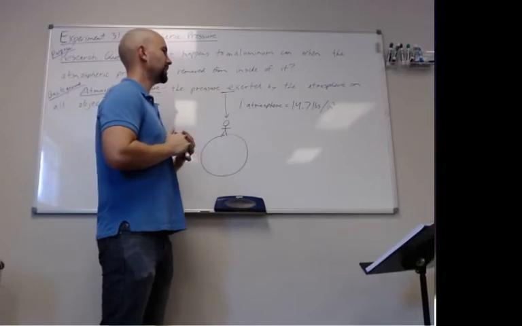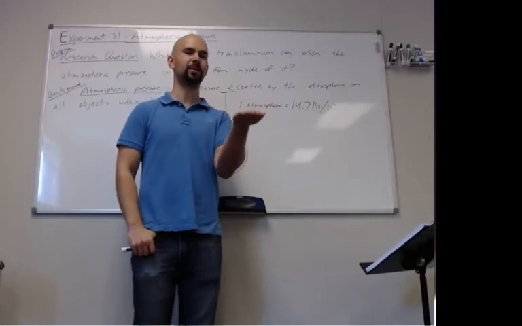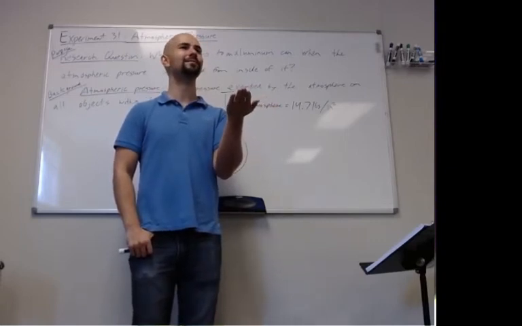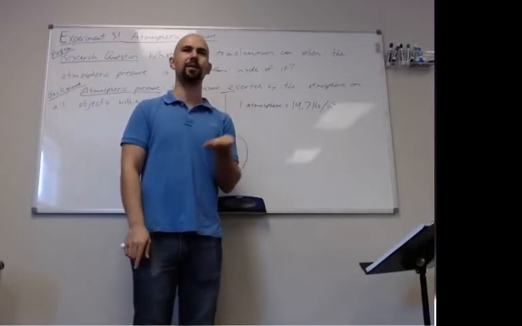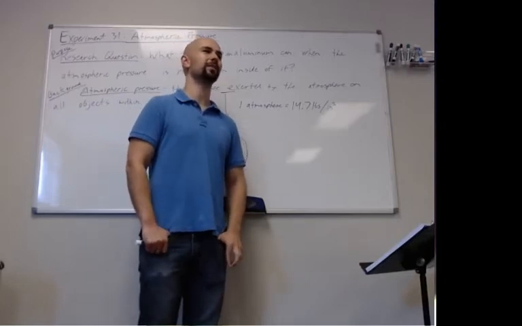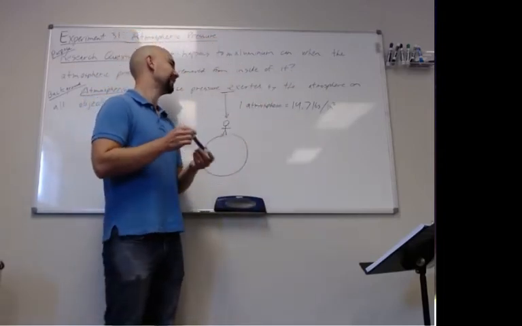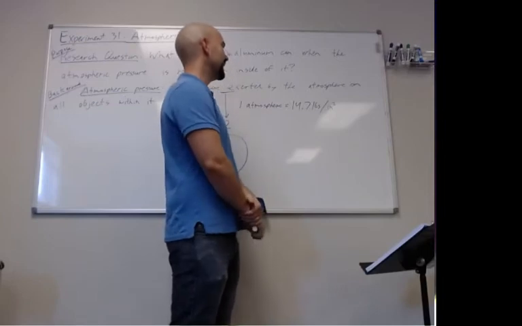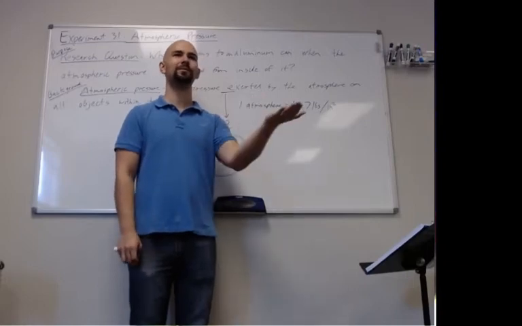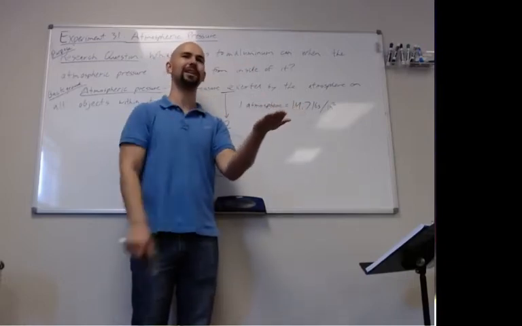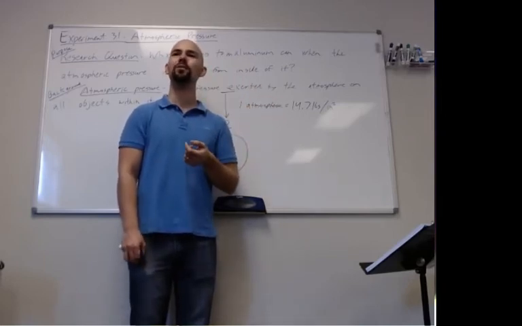Now, 14.7 pounds per square inch, that's actually kind of a lot. Because if you hold out your hand, how many square inches are on your hand? A lot. Let's say it's 6 inches this way times 4 inches the other way, that would be somewhere around 20 square inches, just on the surface of your hand, maybe. So 20 times 14.7, that's like 280 pounds of air pressure on your hand. So when you're holding your hand up, it's like you're actually lifting 280 pounds, right? It is, except there's something else going on too,